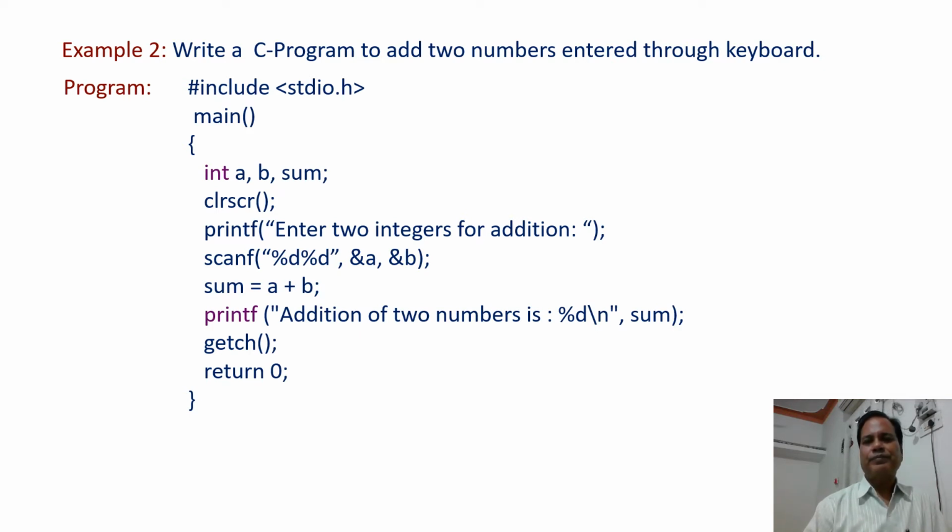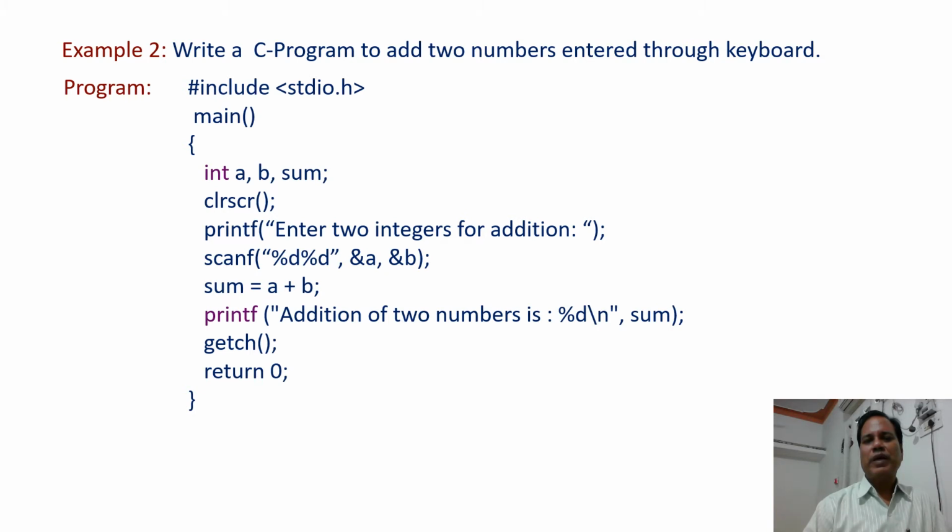Then printf. This statement is written just to print a message on the output screen about what is expected from the user. Because whenever the next statement scanf is executed, the cursor waits on the output screen. It requires some data from the user. So what is to be done, what type of data is to be entered, to give that message, the printf function is written previous to the scanf function.